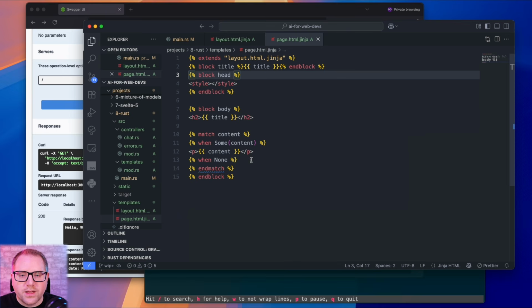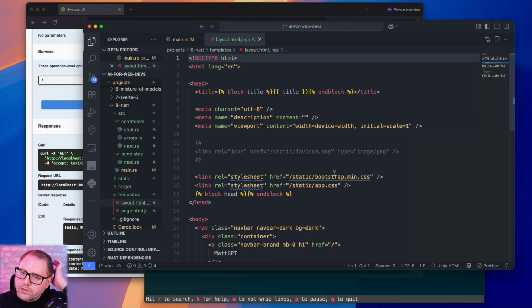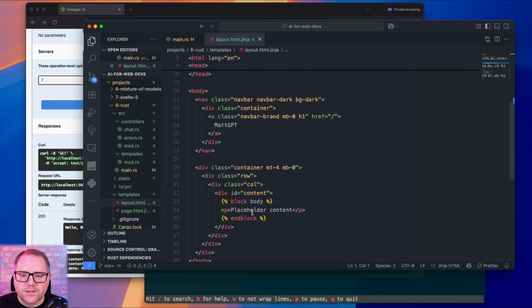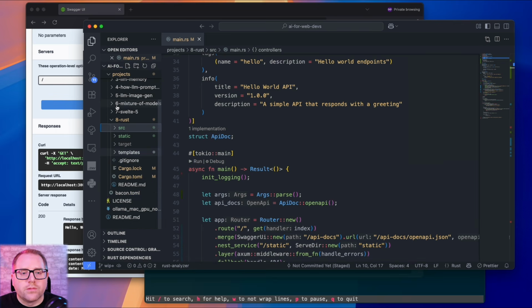So we've got templates. One is just our standard page where we're outputting the content, and then the other is our layout, basic stuff for scaffolding our CSS, and eventually we'll have some footer stuff, but we've basically just got a place to put our content. So this is the actual templates directory for the template files. And if we take a look, it's top level. We've got our source for our Rust code, our static directory for CSS and other static assets. Target is where our compiled code is going to end up. And then templates is a top level for our actual Jinja template files.